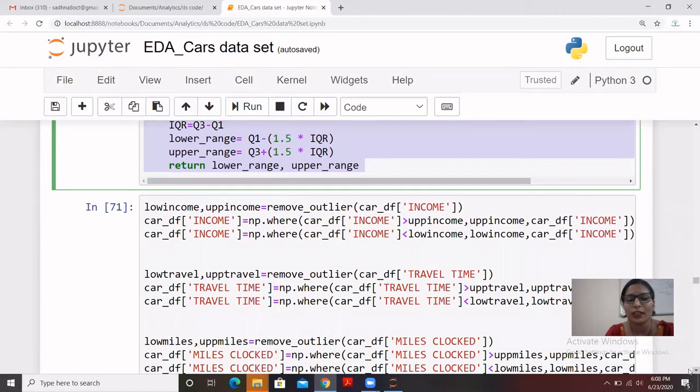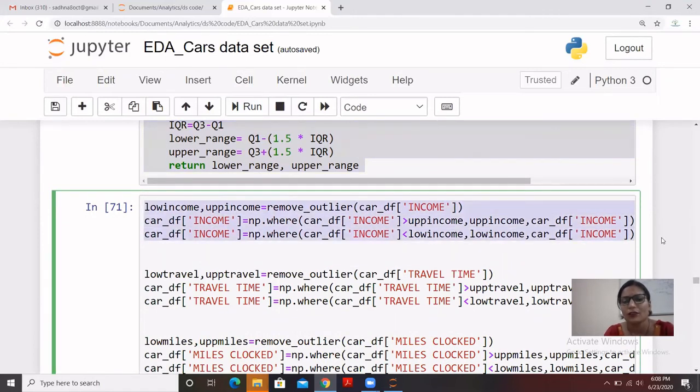So what I'm doing here, you see, I have created two variables, which are lower_income and upper_income. And then I have applied this function remove_outlier to this column, which is income. So the syntax is lower_income, upper_income, two variables I have created. After applying remove_outlier on this income column, I have generated two values, lower_income and upper_income.